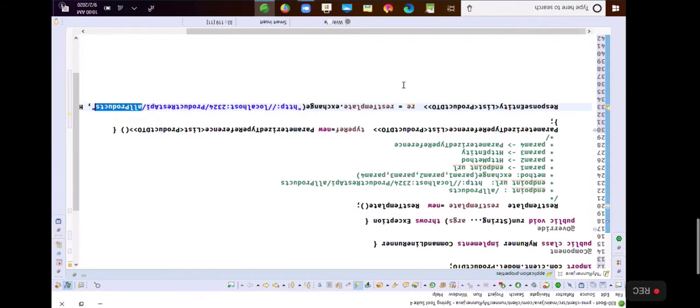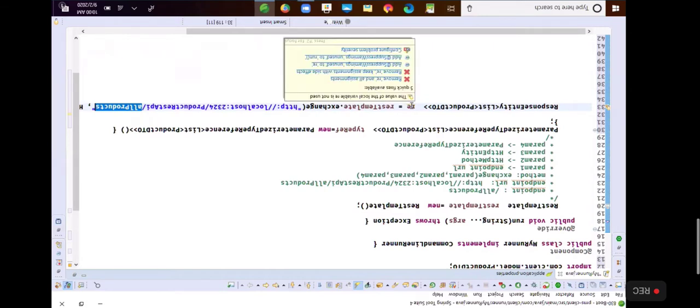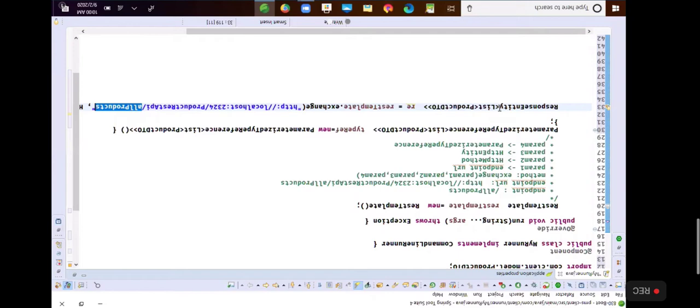So to read data we have a getBody method from this response entity class. To read status, getStatus is a method. But I wanted only the body, I don't want the status.